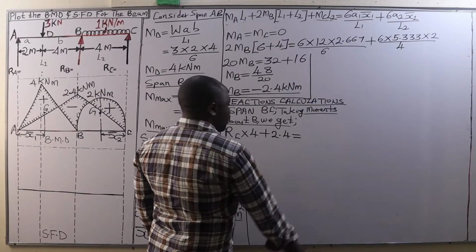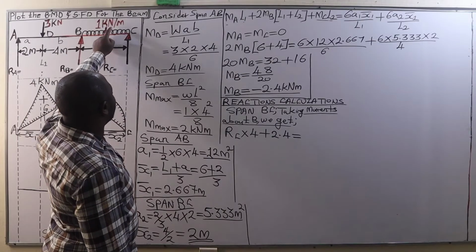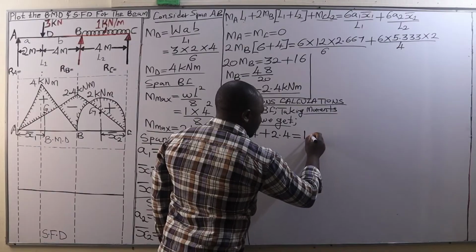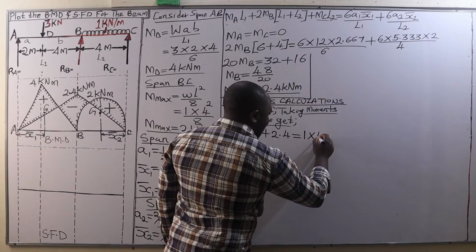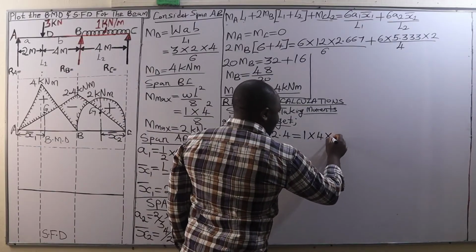We equate that to this clockwise moment. We have a UDL of 1 kilonewton per meter between B and C. And we are going first of all to convert it to a point load, that is multiplying it by the span, and then it will act at the mid span, and the mid span is at